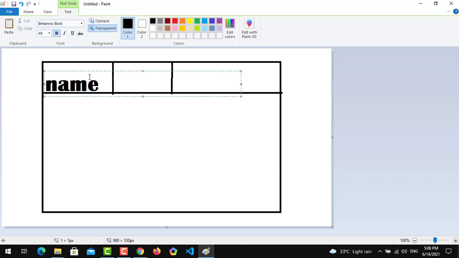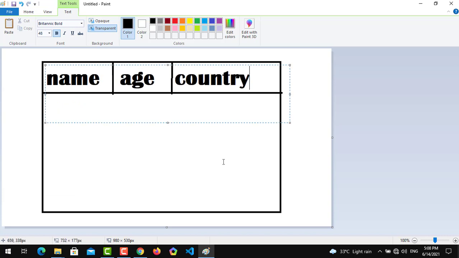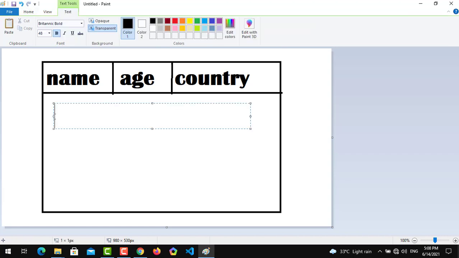This is a table with 3 columns, and these have their own different entries.